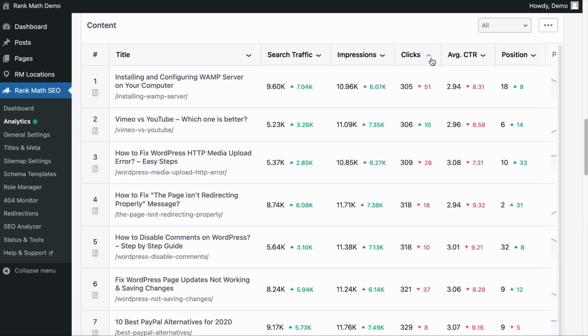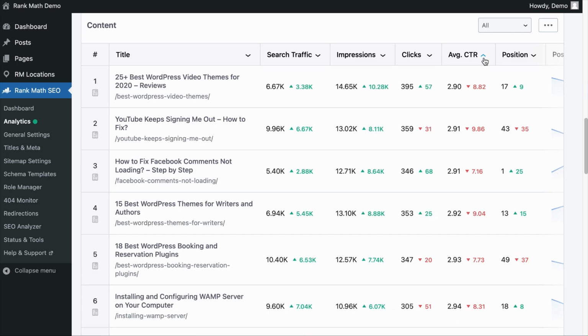For example, if I want to know which content have the worst performing click-through rate, you can click on it and they will be sorted accordingly. And if you want to know what keywords a particular page is ranking for, simply click on the page title